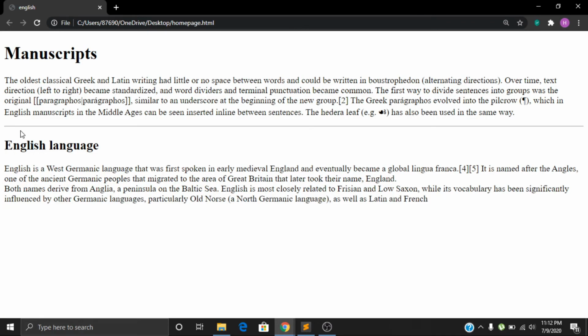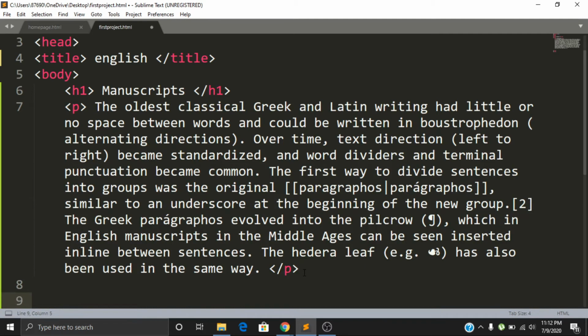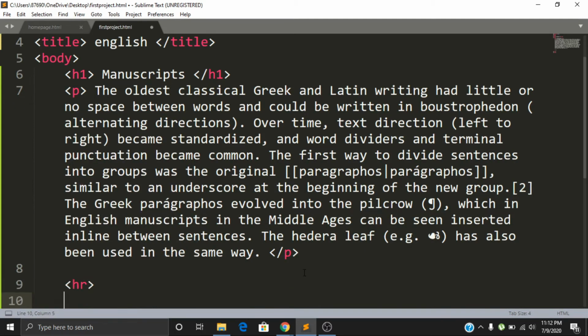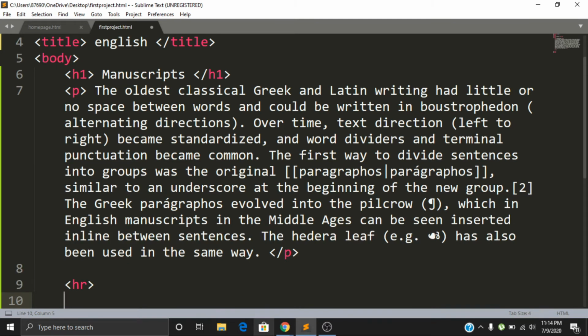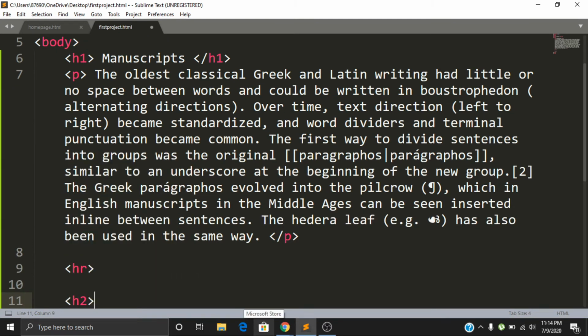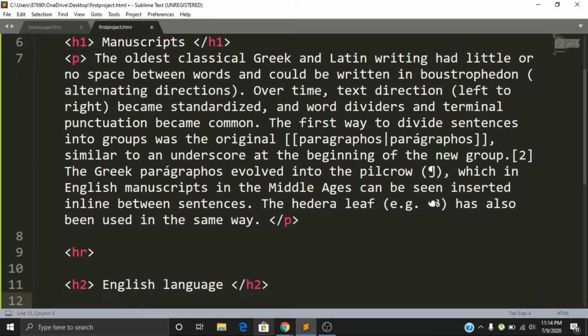And after our first paragraph, we can see that at the end there is a line which is due to the HR tag. So going to Sublime and using the HR tag after the paragraph, and then there is another heading that is somewhat smaller than the previous heading. So it is an H2 heading. So going to Sublime and giving an H2 heading, and that is English language, closing the H2 tag,